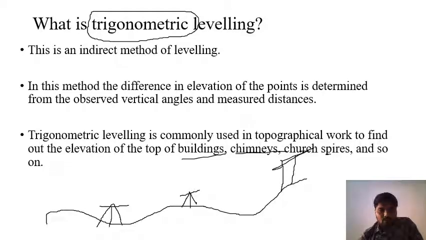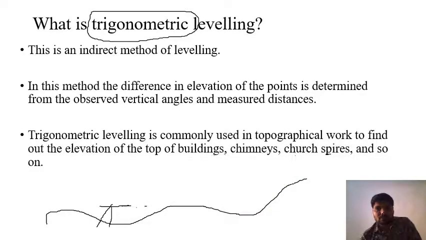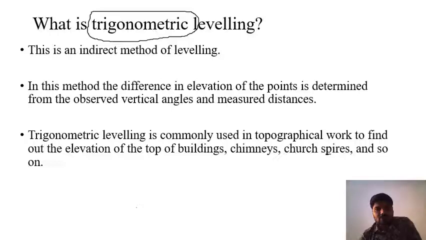So what we have to do is, if we see this object from here, there is a line of sight which is invisible. At that time it creates some angle over there, and it makes a triangle. Look at that area, it creates a triangle, this one. So it is used to determine the relative elevation of the two points.